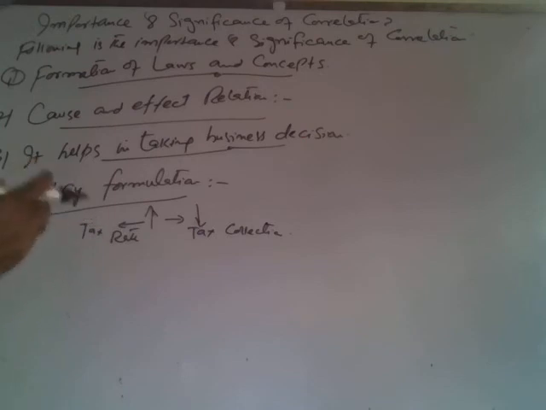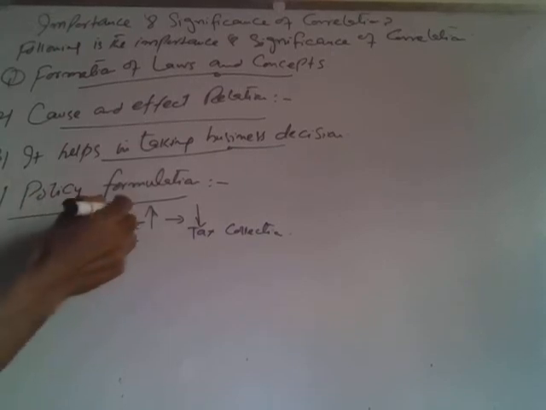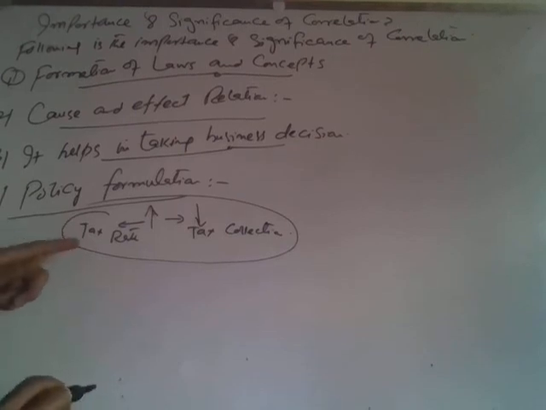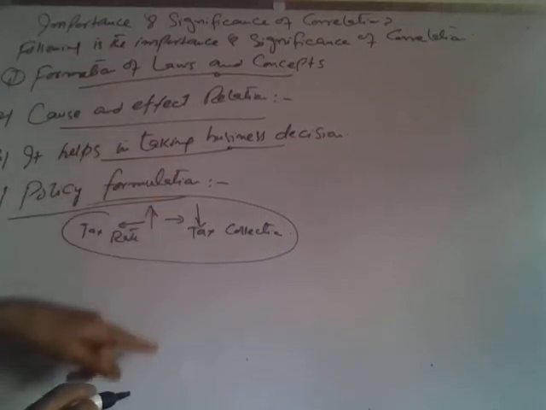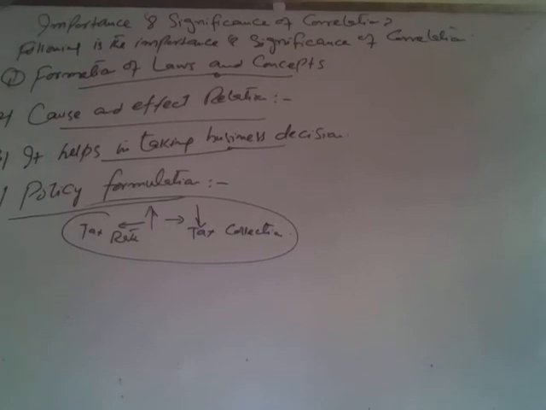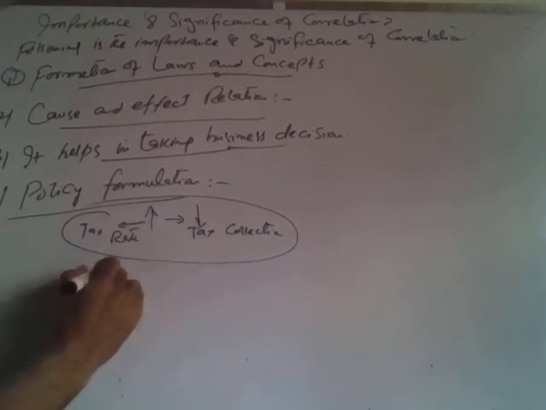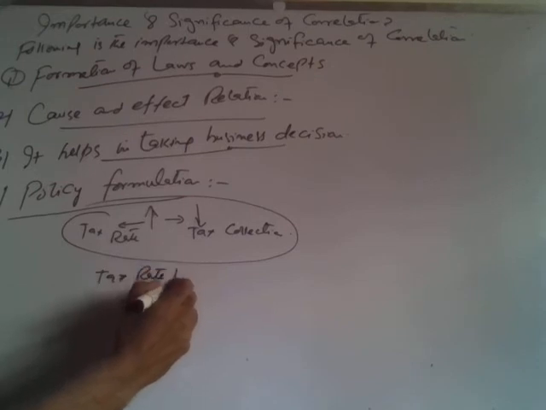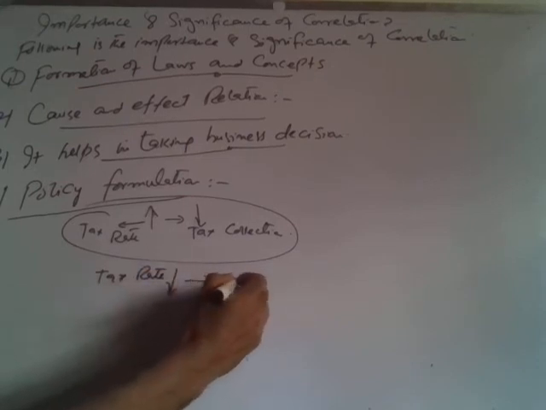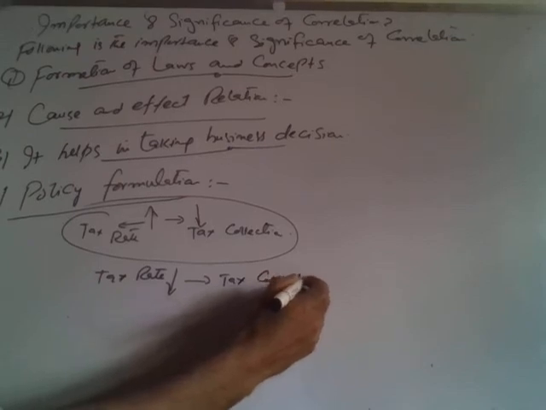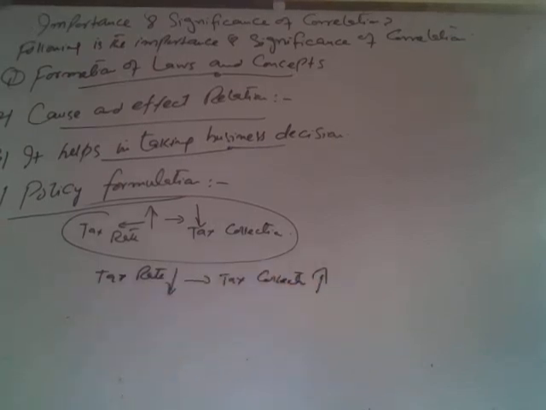So this is such a concept which helps the government also to make the policies in budgets, in monetary policies, in fiscal policies. If government, for example, sometimes finds that when tax rate is increased, tax collection decreases, it can reverse its decision. It will decrease its tax rate, and at that time the tax collection will increase. So it is correlation which helps us in making different relationships in different sectors. Accordingly the government takes decisions. So this is one of the examples.